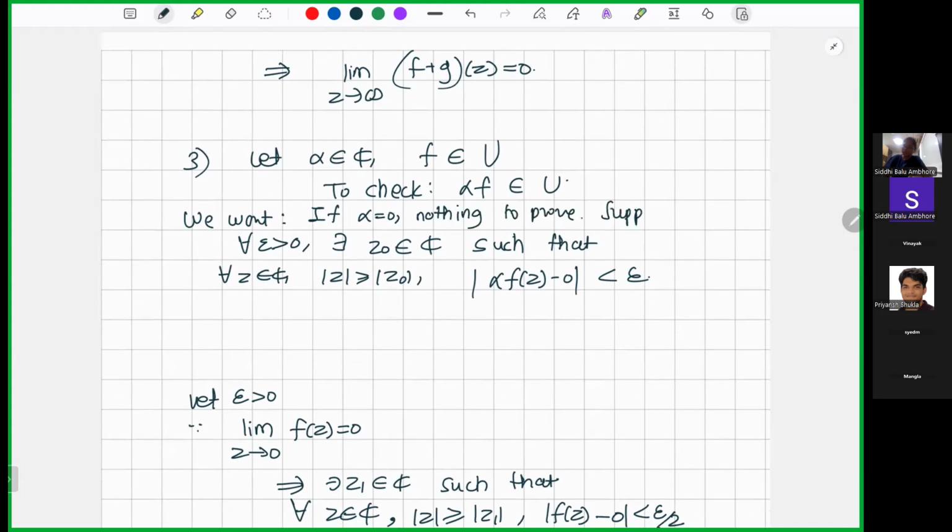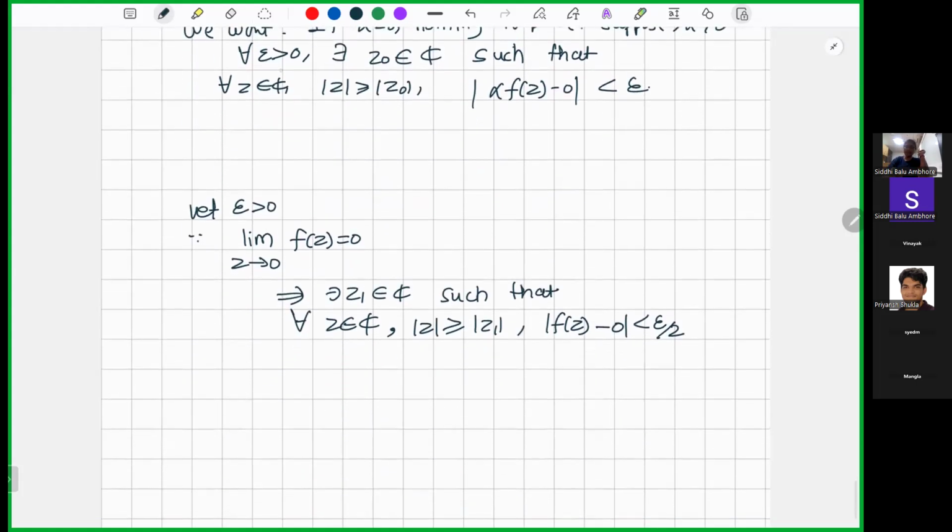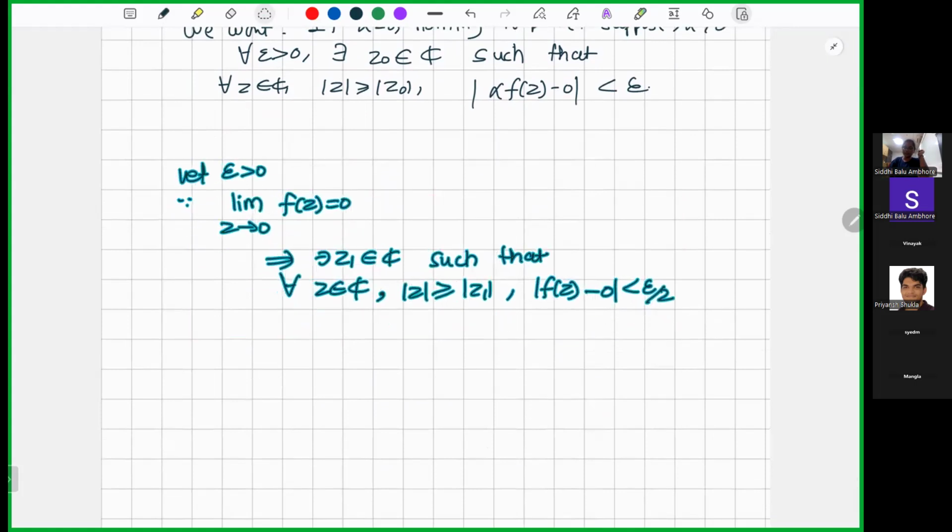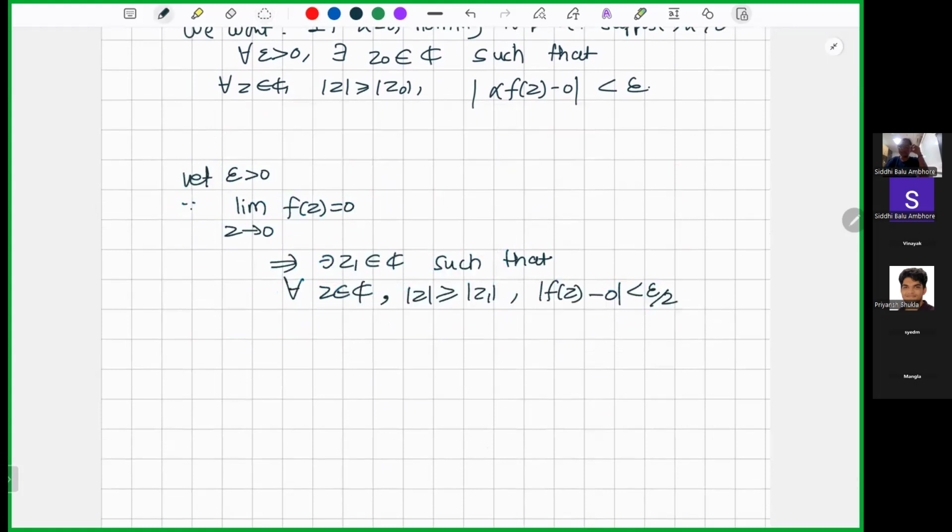So suppose alpha is non-zero. Okay, so I want this, right? Since f belongs to my set U, this is happening. But instead of this, what does this imply? I want this f of z to be less than epsilon by alpha, right? So instead of this, if I take this less than,